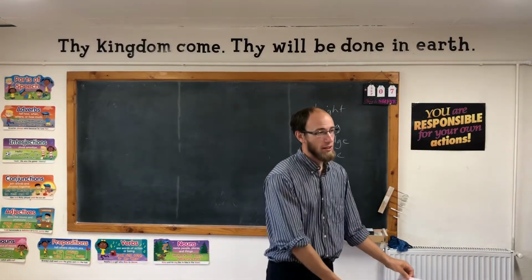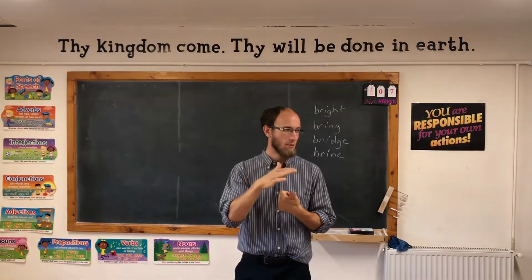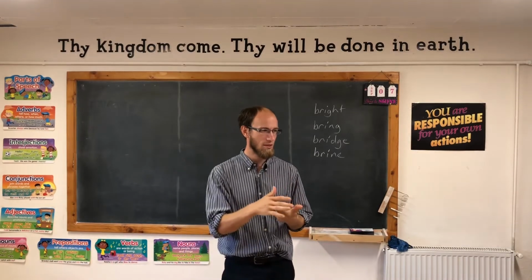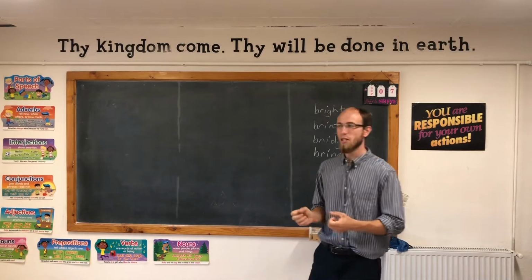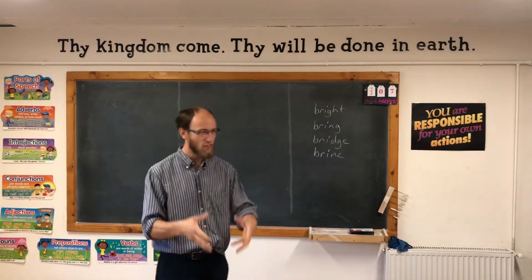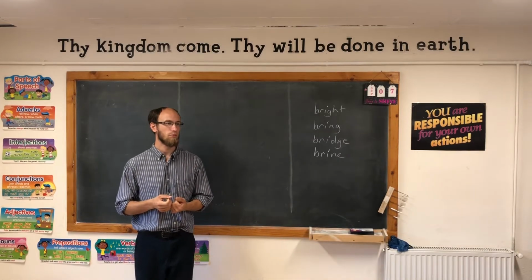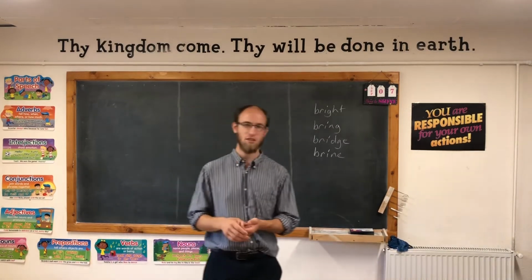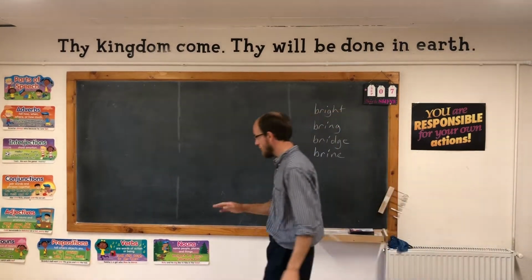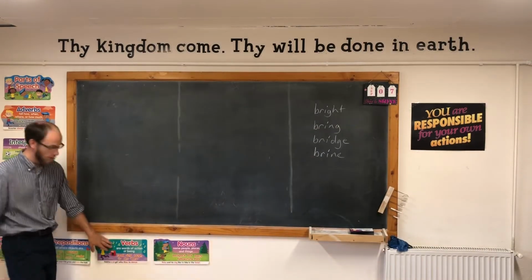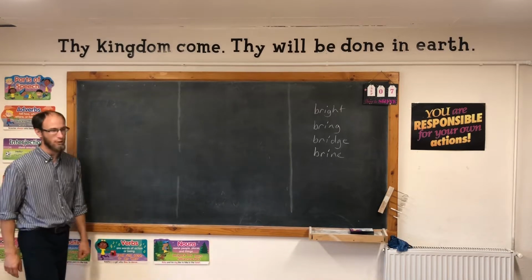We've got verbs today, but yesterday we had nouns. A noun is a word that names a person, place, thing, or idea. Good, it names a person, place, thing, or idea. What kind of noun is a noun that names a specific person, place, thing, or idea? We call it a proper noun. Good, and a common noun is one that just names any old person, place, thing, or idea. Good, today we're moving from nouns, and we're going to talk about verbs, another part of speech. So we checked off nouns a little bit yesterday. Today is going to be verbs.